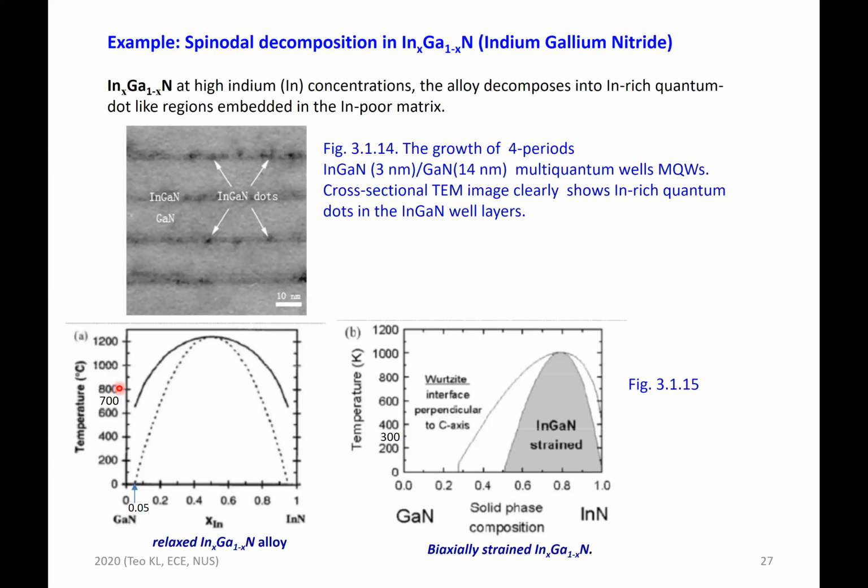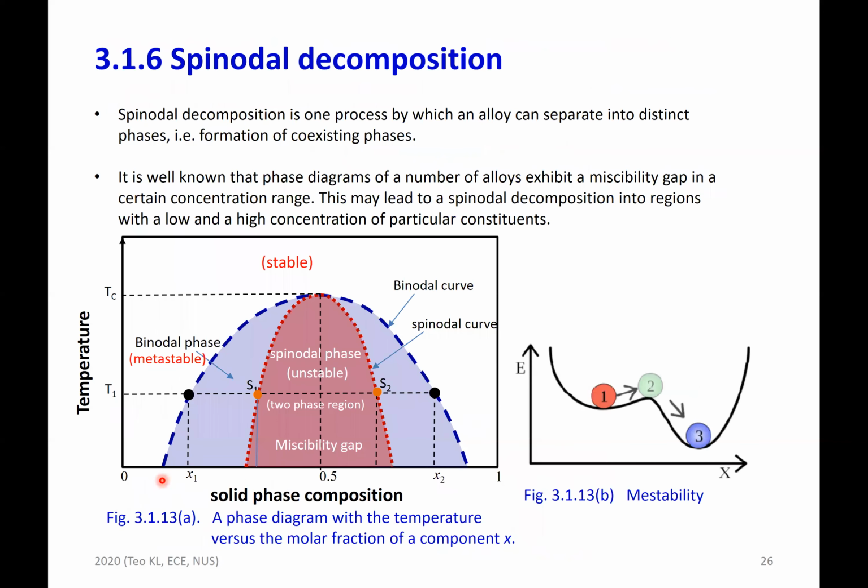So this is the growth temperature. This is the composition. X equals 0 is gallium nitride. X equals 1 is indium nitride. Okay, based on this indium gallium nitride alloy, similarly to this